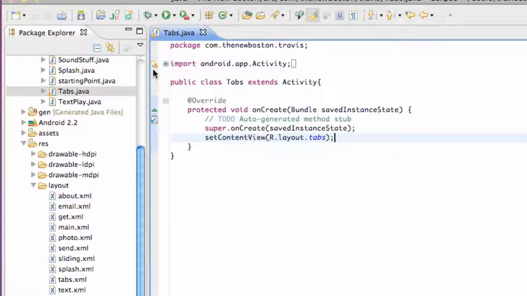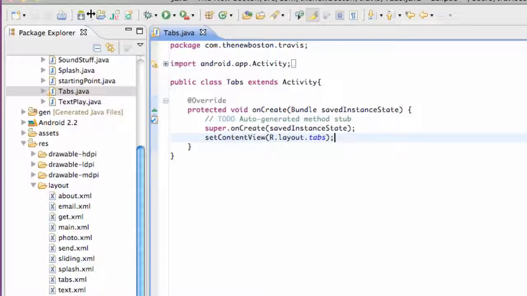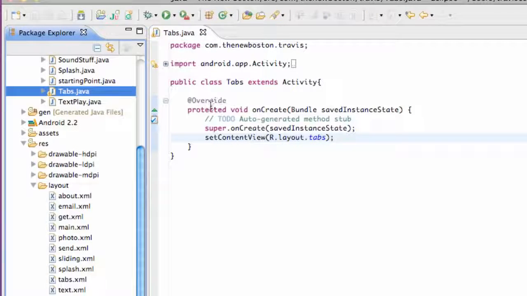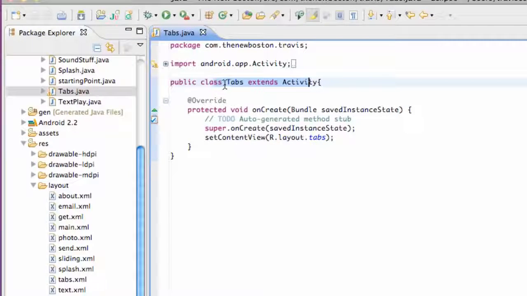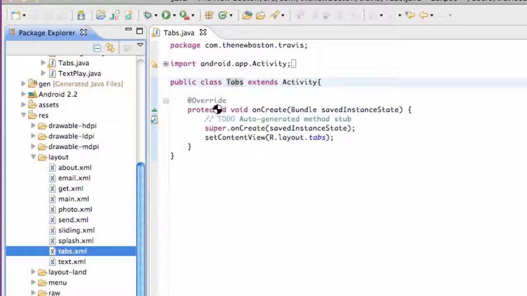What we're going to do in this tutorial is again set up a small application that deals with tabs. Something like this is our desired result. But for this tutorial, we're just going to set up the XML layout. So I want you guys to create a class called tabs, and also an Android XML file called tabs as well, lowercase,